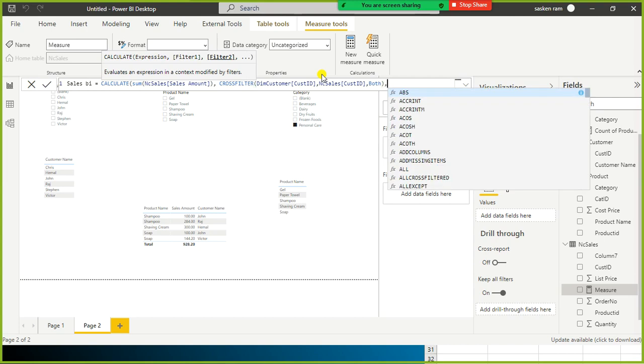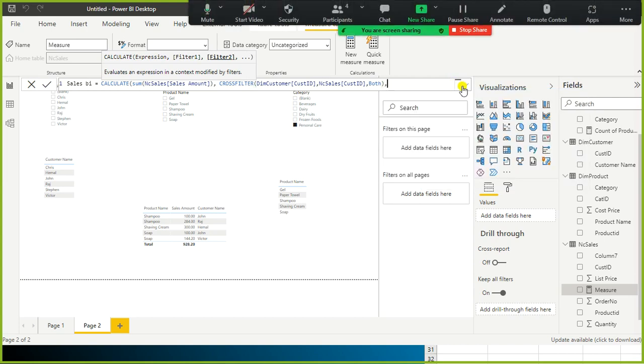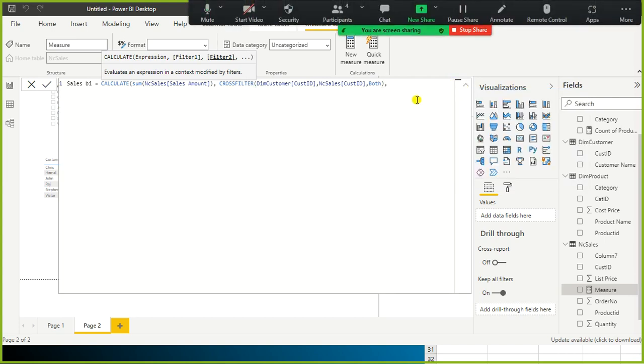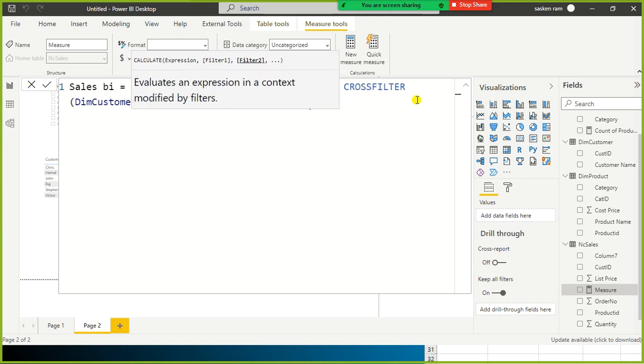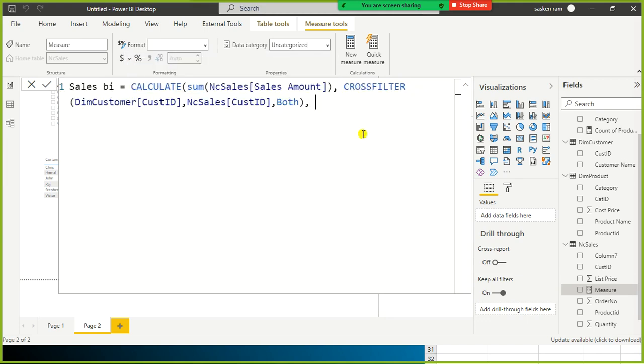If you want to view it better, you can press control and the plus sign, and it will maximize. Then press alt and enter so that you can type in the next line.